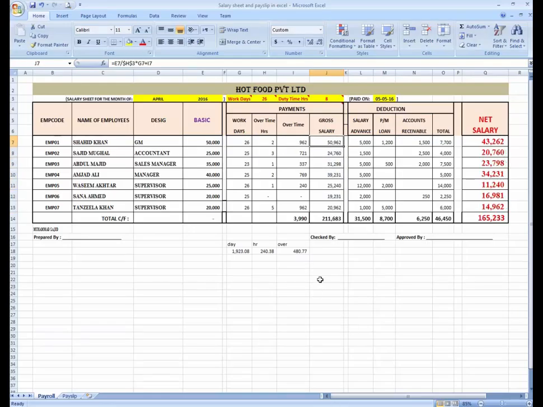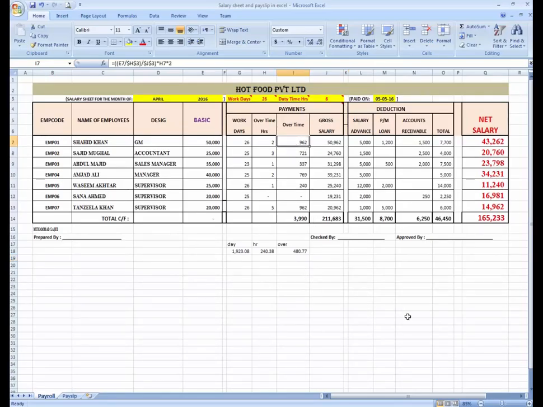You can see over here the basic salary of Shahid Khan is 50,000 and overtime is 962. Gross salary is 50,962. For Sajid, 25,000 salary is deducted because of one leave. Overtime is 3 hours and 721 is the overtime amount, and gross salary is 24,760.